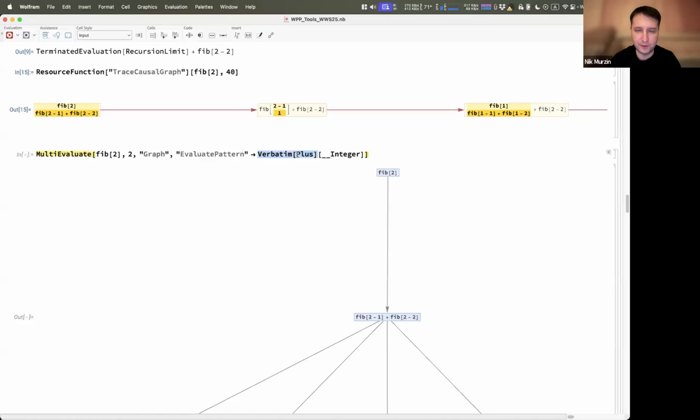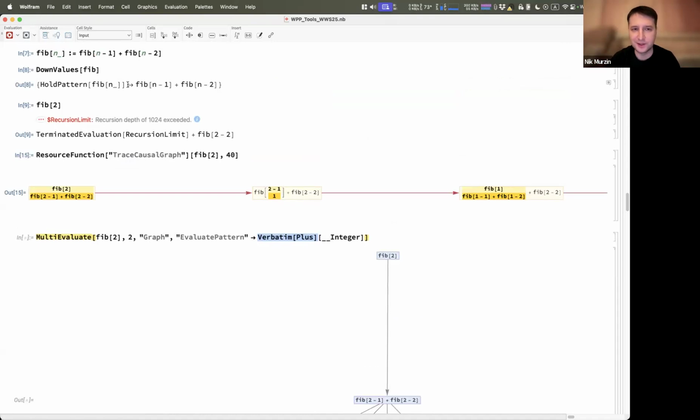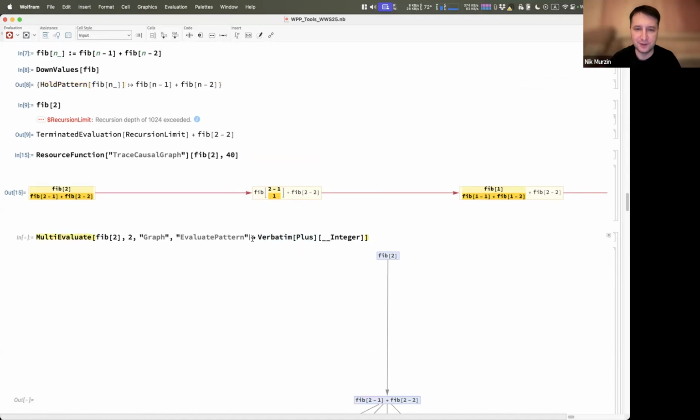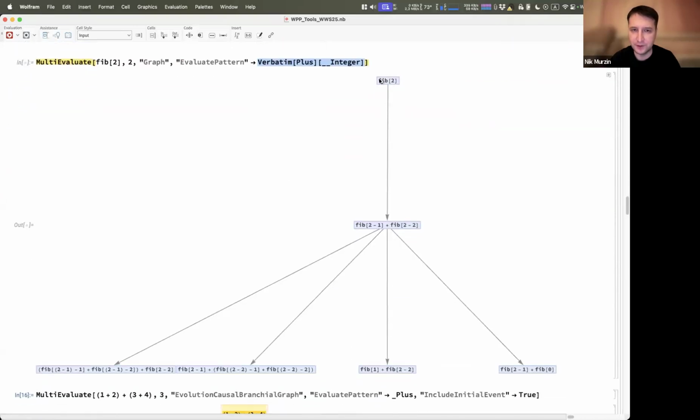For example, when evaluating plus on an expression that has some additional integers, you can explicitly move it through the kernel so that it also evaluates, because it's not explicit in the rules, right? That's the only rule that we have. We know how to rewrite the Fibonacci term, but we don't have a rule to add integers. So we have to explicitly say, okay, as soon as you have additional integers, just go for the standard evaluation. And that's how you can see that if you run this multi-way system 2 times, at first it just uses the definition,